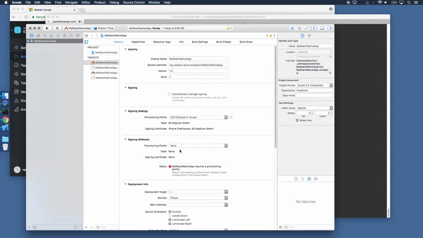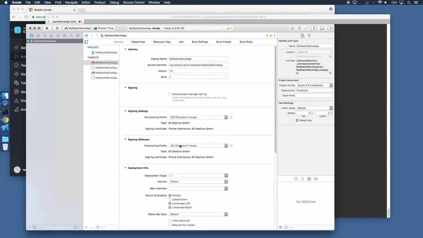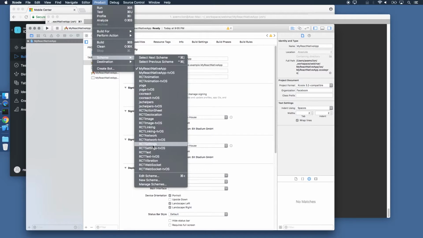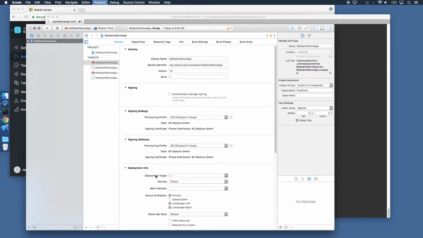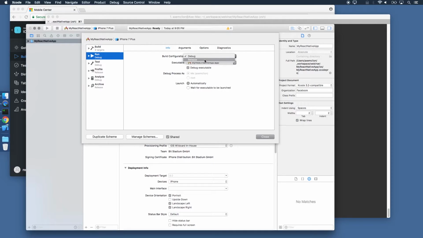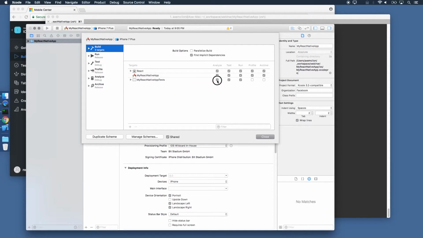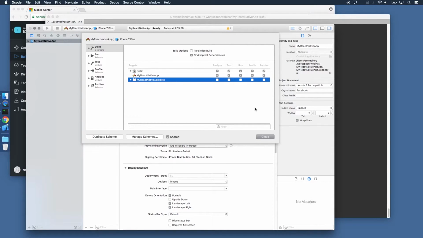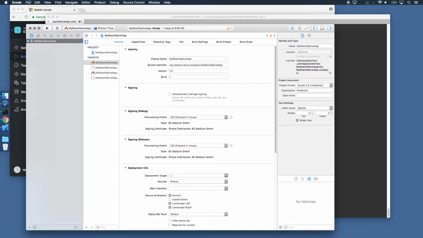We then select the right team and provisioning profile that we want to use for setting up signing for our application. The other thing that I'm going to do is edit the scheme and ensure that I'm building for release instead of debug, because that's what I want in my continuous integration system. I also do not have any Xcode unit tests, so I'm going to uncheck all the test steps that happen